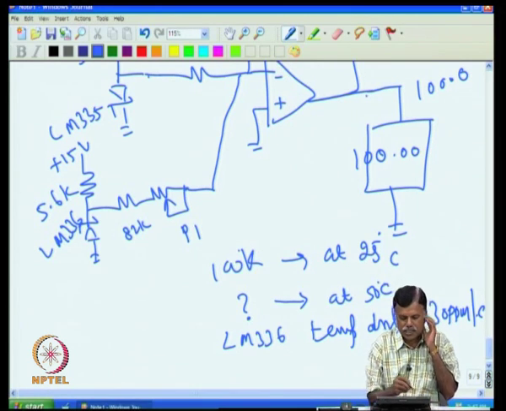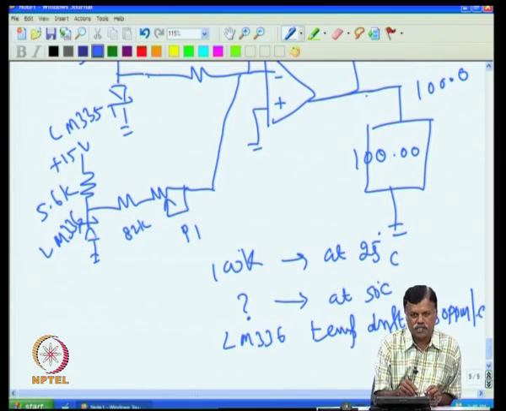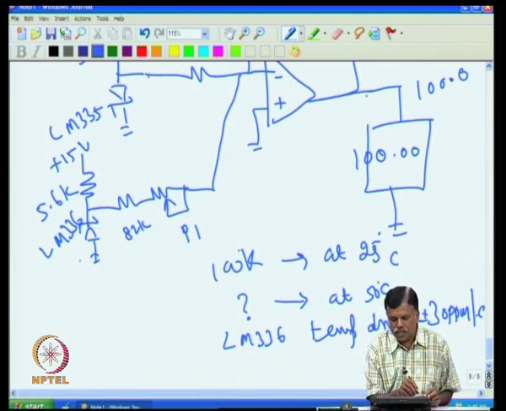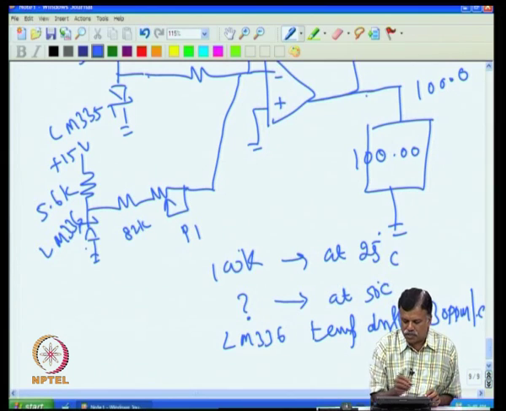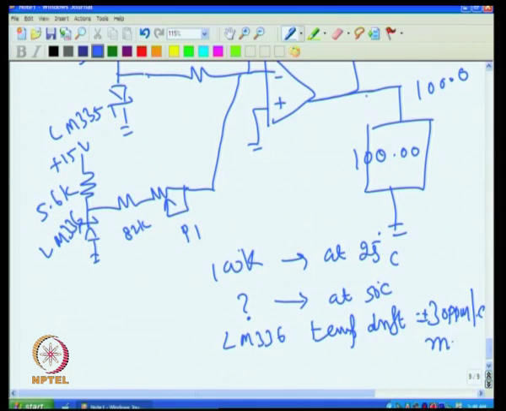That means in some sensors the voltage may increase with temperature, and for the same LM336 some other piece it may decrease with temperature. So, you do not know whether the particular LM336 piece you have used has a positive or negative temperature coefficient. Positive temperature coefficient means it will increase with temperature, negative temperature coefficient means it will decrease. Now, that is not known, and you also have to see one more thing: this spec is plus or minus 30 ppm per degree C maximum,